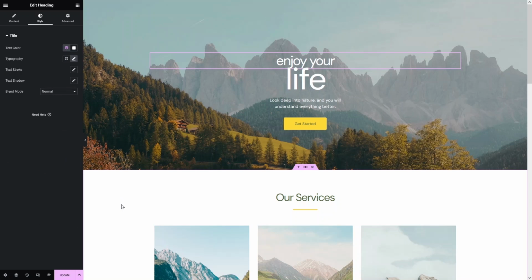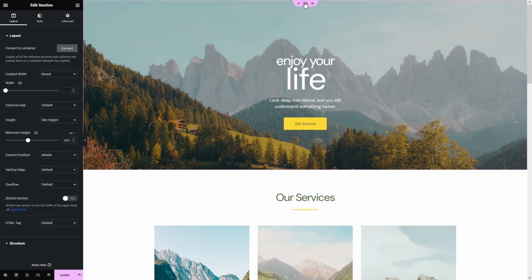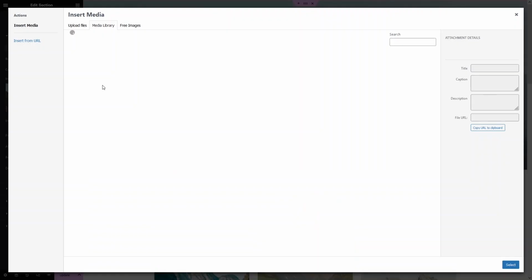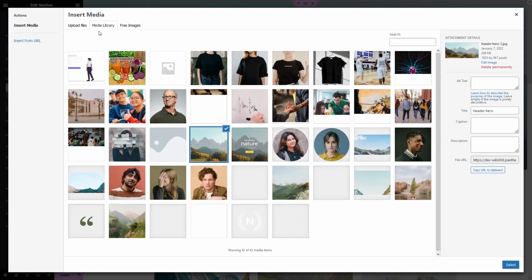So as you can see here, we have the background image. If I want to change this background image, I will simply click here, click on the edit section, because this is the background image of the edit section. That is why we have to click on the edit section, and after that in the style you would be able to see the image here. So if you want to change the image, you simply click here, and you can change the image from the media library,